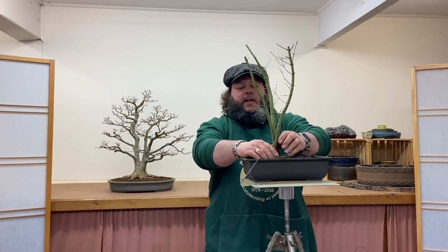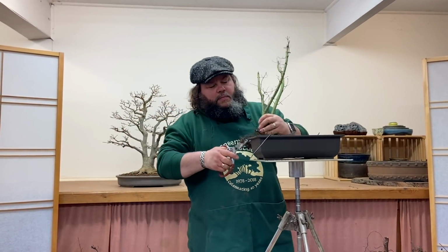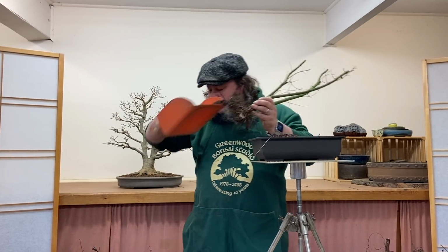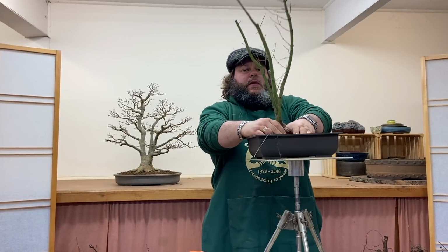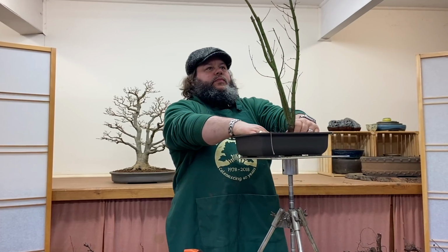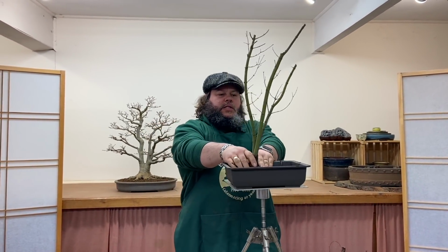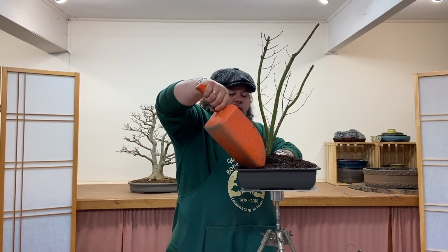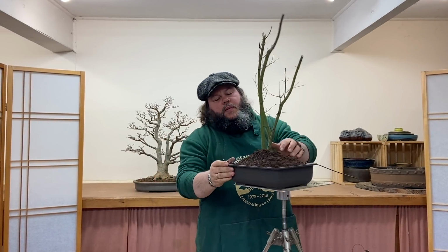So facing me, want a little bit more root off that back, a little bit more compost adding, and then we're going to plant it just to the left hand side of the pot, like this, leaning over to the right. So once we're happy of where we're planting it within the pot, we can add more compost like that,